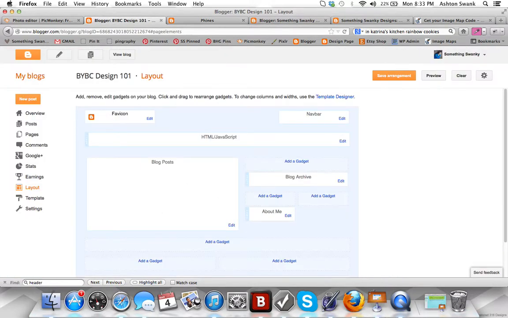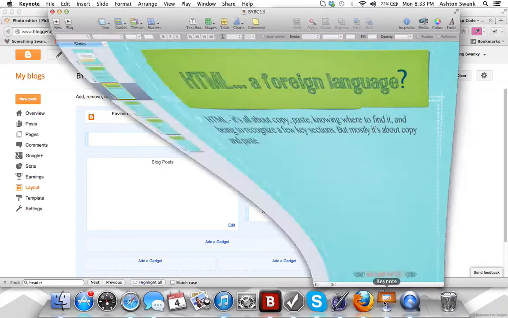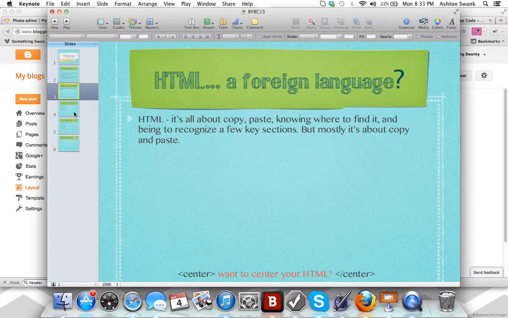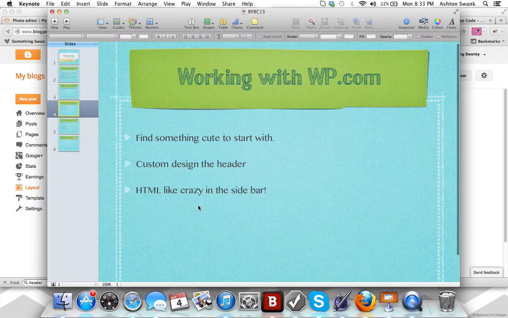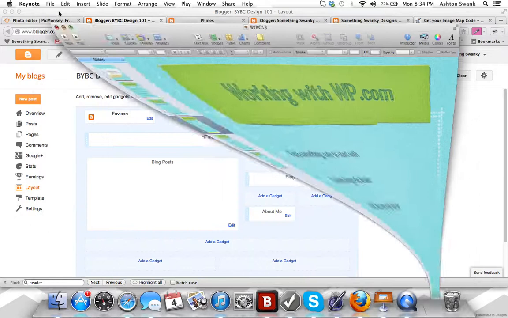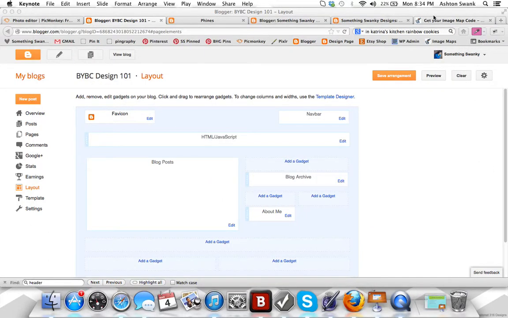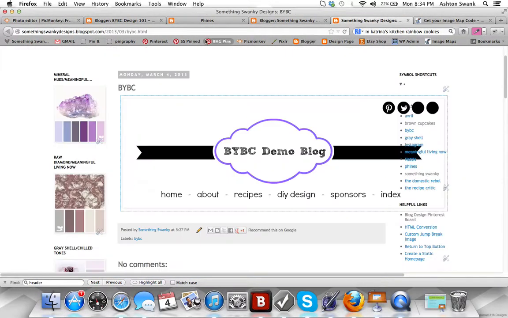So hopefully that was helpful. Let me go back to my slide and see if there's anything else I wanted to cover. So real quick, working with WordPress.com, I do want to show you one that I just did recently, and I need to extend the sides of her background. You'll see here in a second, but